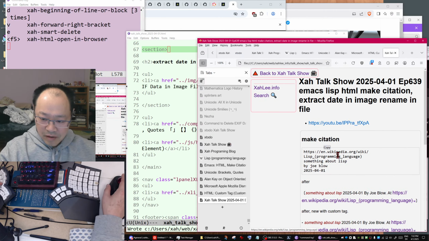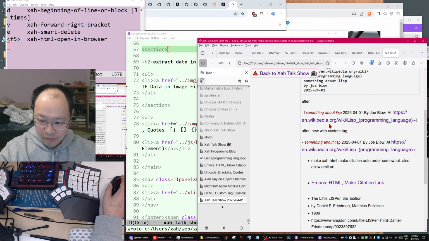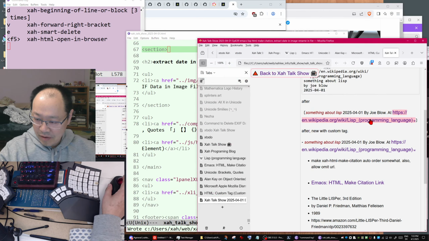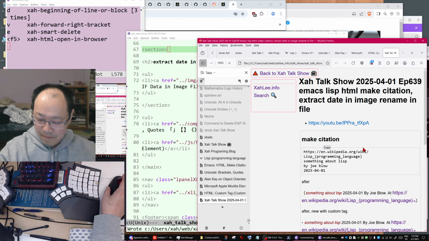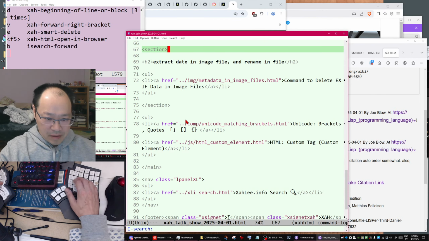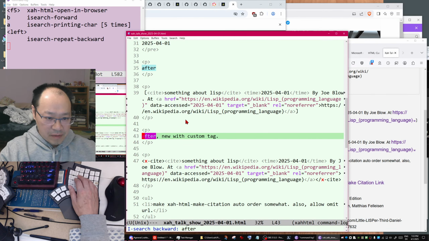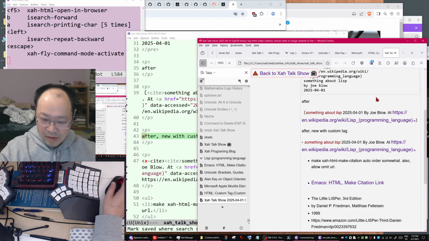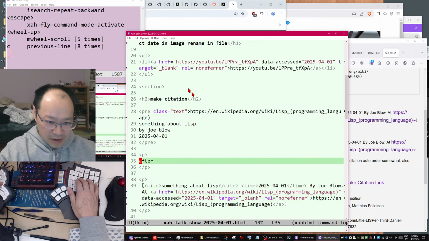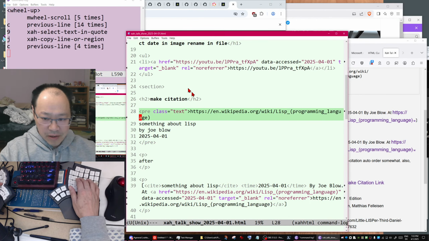Okay, now let's go back to the make citation. So we know what we want to do, and we have done the demo. The next thing we want to do is, so let's remove that one. Okay, so one of the problems with the citation is that sometimes